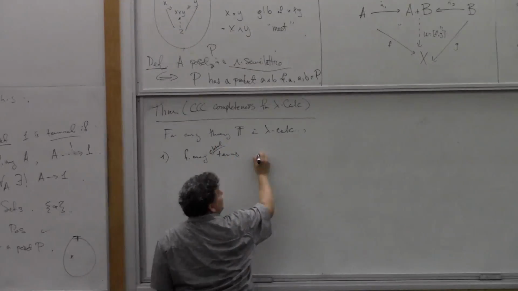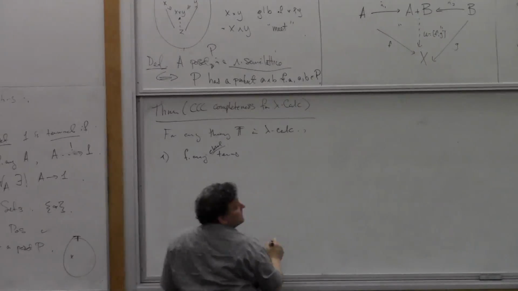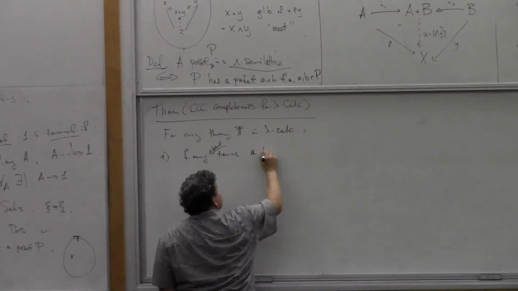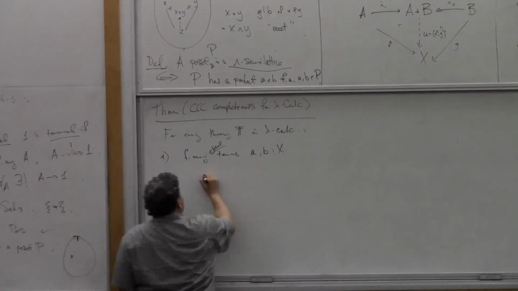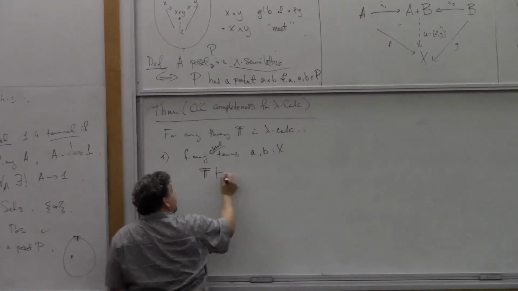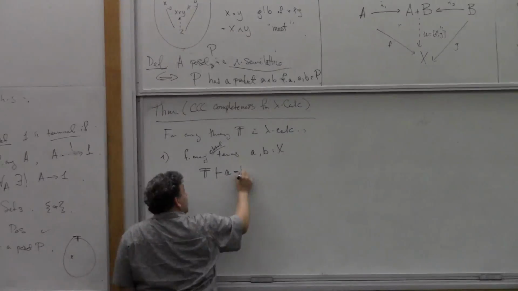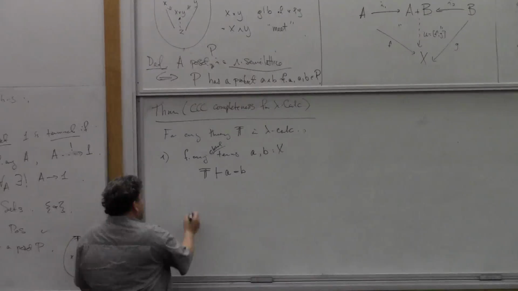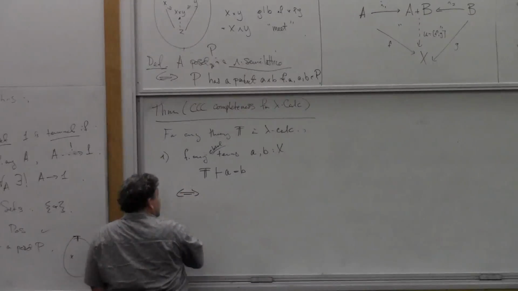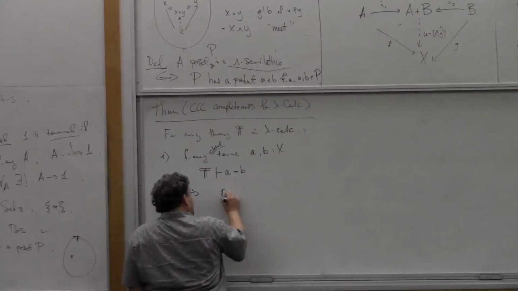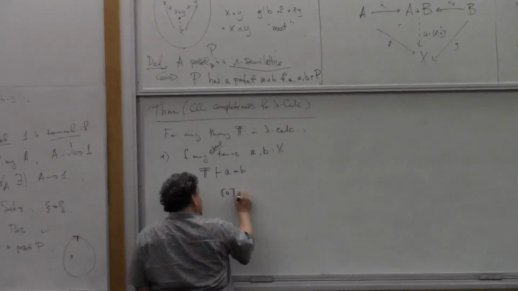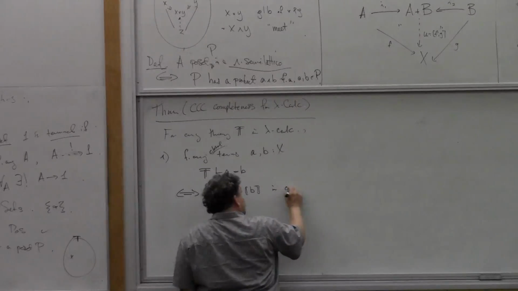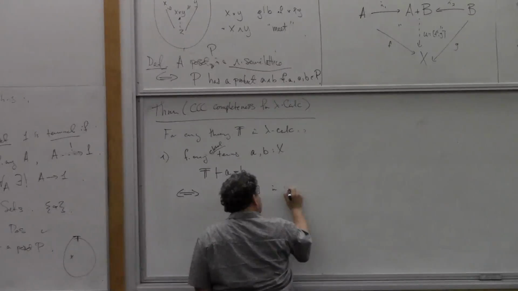For any closed terms A and B of any type X, if T proves A equals B from the axioms for the theory, the basic equations for the theory, then, and only then, is it the case that the interpretation of A equals the interpretation of B in every model,